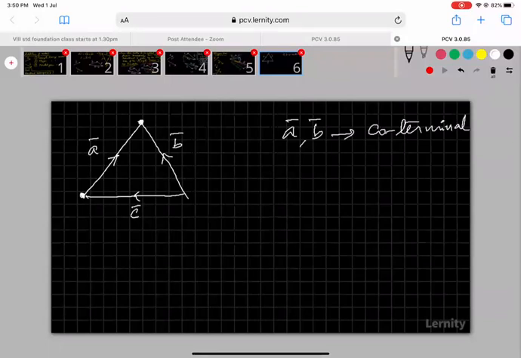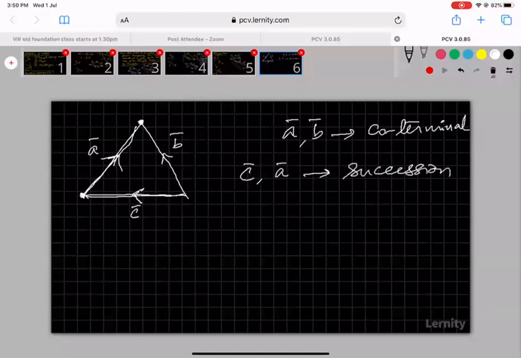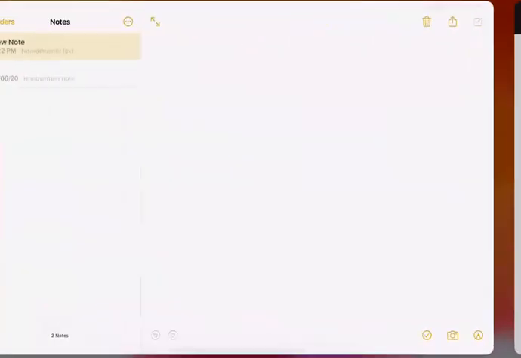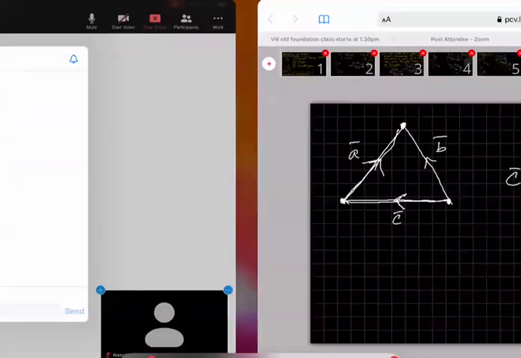So the two vectors that are in succession here are C bar and then A bar. C bar, A bar are successively drawn. They are in succession. So you can add them, and when you add them, what you get is a resultant, which is the closing side of the triangle, taken in opposite direction. So from the initial point of C to the final point of A must be the resultant. And yes, B bar is directed that way only. So clearly C bar plus A bar is nothing but B bar. Understood? Good. So in that case, we'll move on.